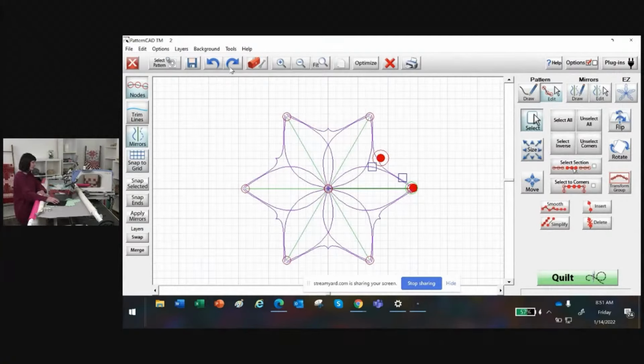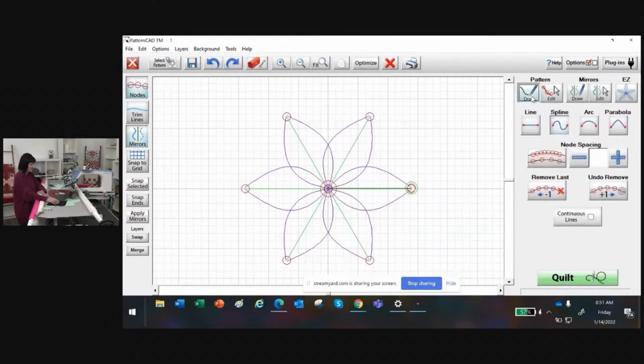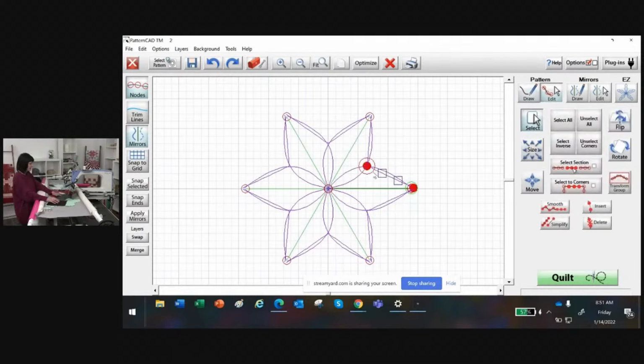So what I'm going to do is tap. I just want to show you what you can do. You can tap on your undo, and it's going to take you through all your steps. And now we can start all over. We can tap on draw, click on draw, and then we're going to go from the center, from this point, and I'm going to go all the way into right here. Okay? And now I'm going to tap on my space bar, and now I can pull it,